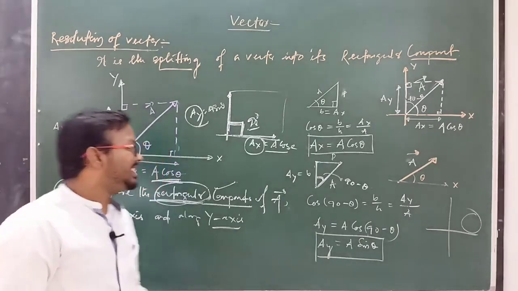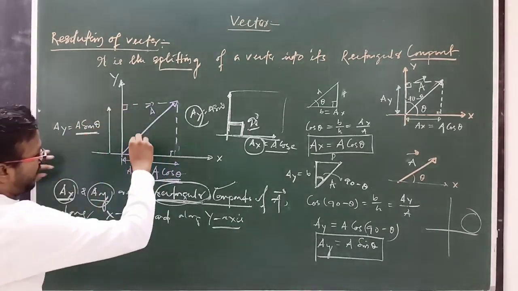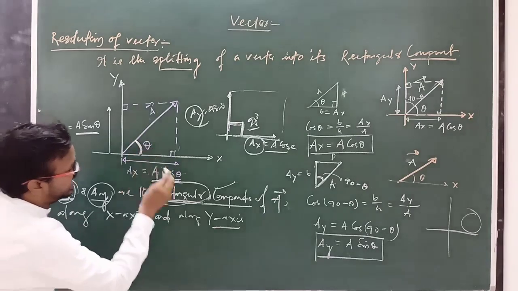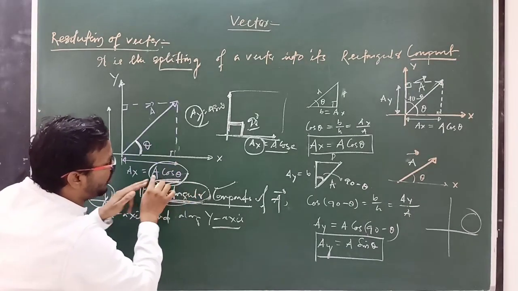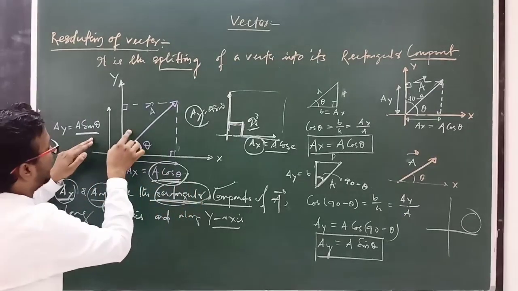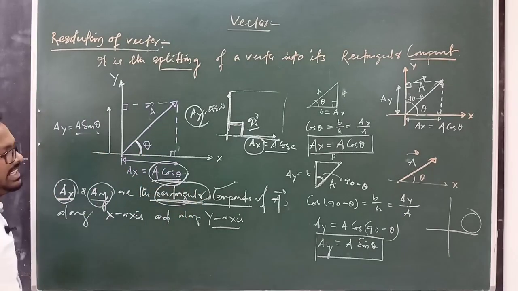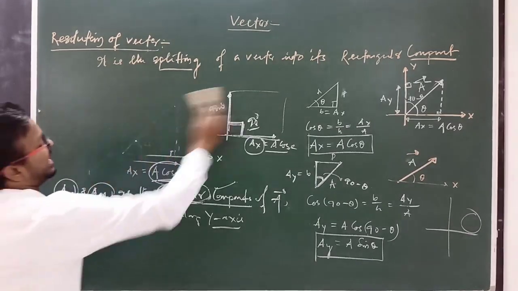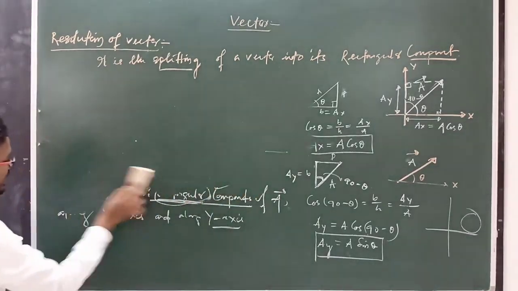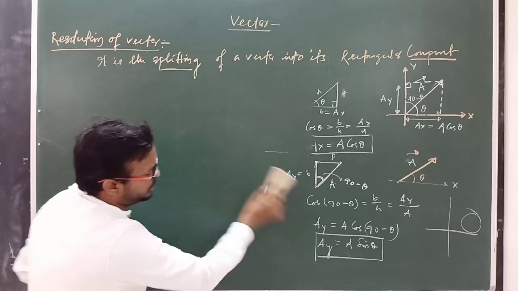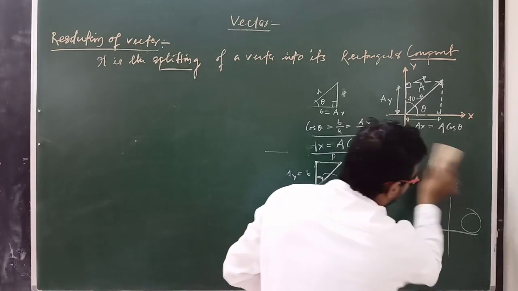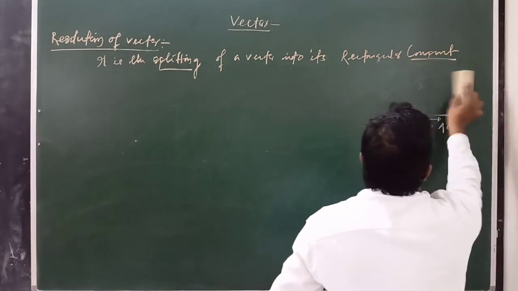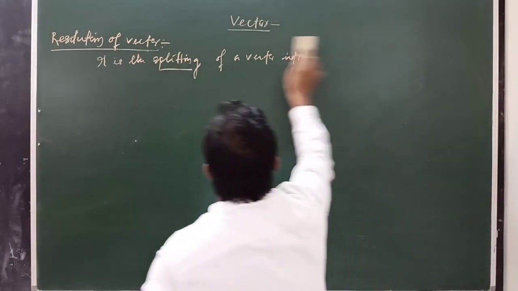How can you easily remember this term? Look, the side adjacent to the angle theta gets a cos theta, and the side not adjacent to the angle gets a sin theta. Clear? So these are all about rectangular components of a vector, which split into two components, and the angle between their components is always 90 degrees. Clear? So that is why it is known as